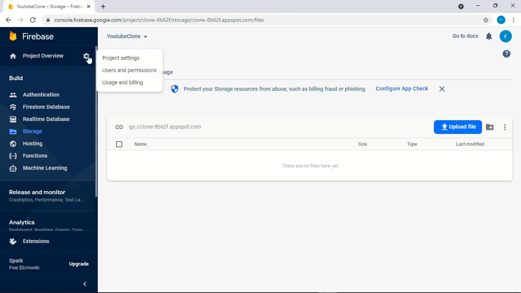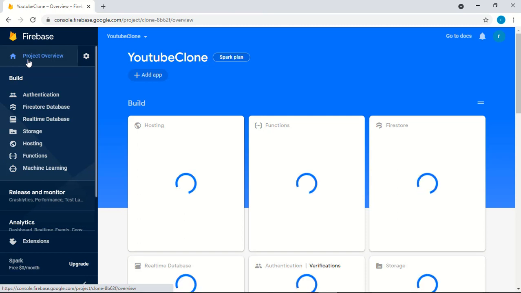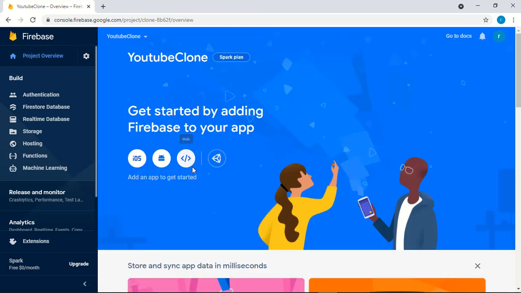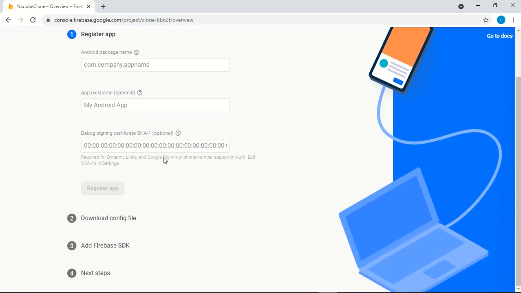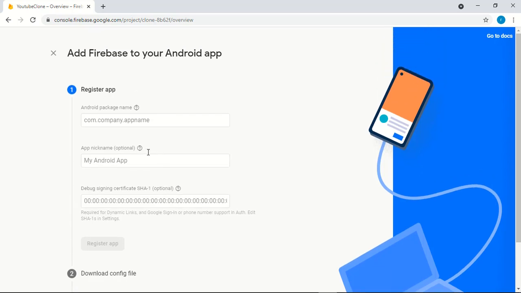The last thing we have to do is go to project overview and click this Android icon. Now you have to paste your package name.